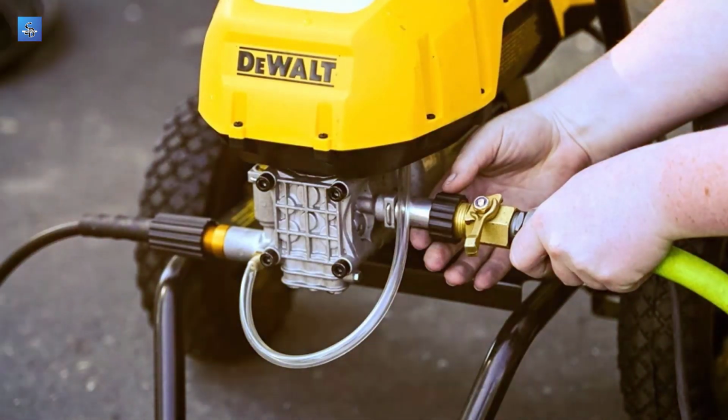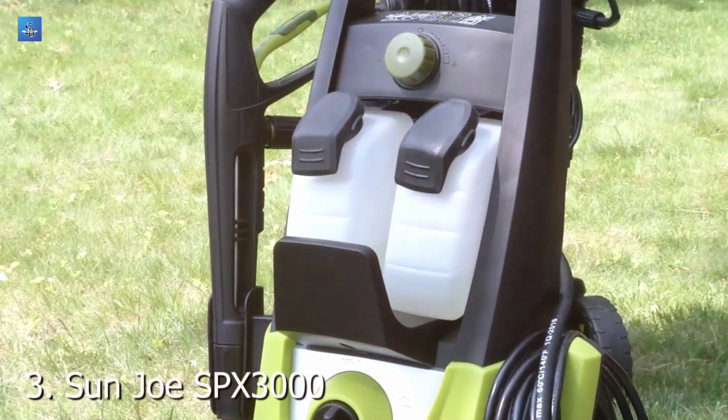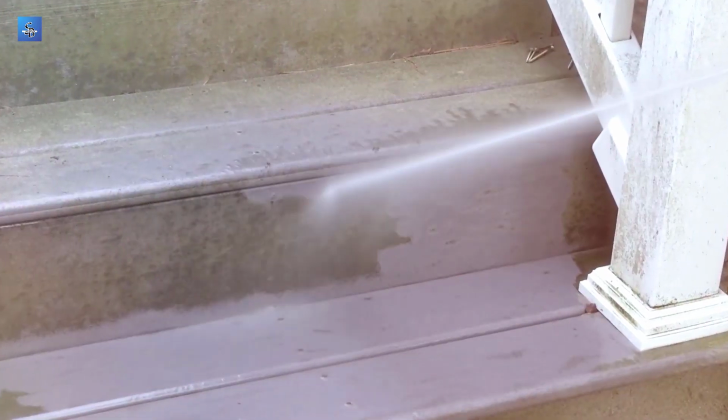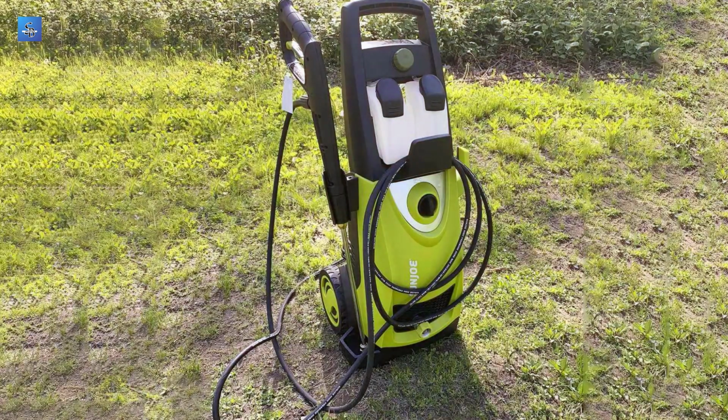It also comes with 5 quick connect nozzles, allowing you to adjust the spray pattern to suit your cleaning task, from a gentle rinse to a focused jet. The number 3 position is held by the Sun Joe SPX 3000 14.5 amp electric high-pressure washer. When it comes to high-pressure cleaning, the Sun Joe SPX 3000 electric pressure washer is a top contender. This versatile and powerful tool is designed to make outdoor cleaning tasks a breeze, from your patio and driveway to